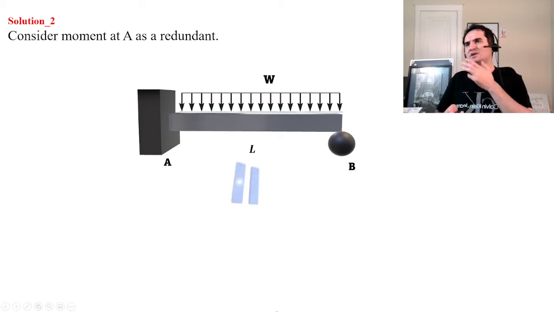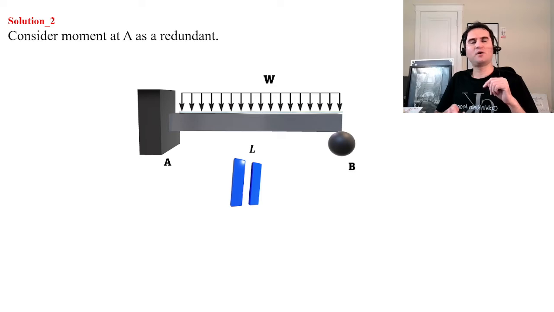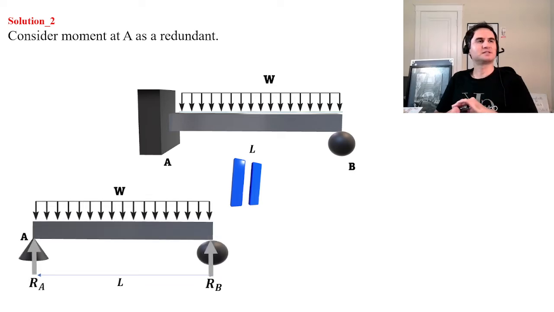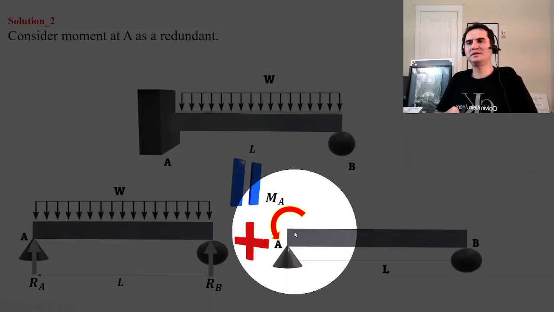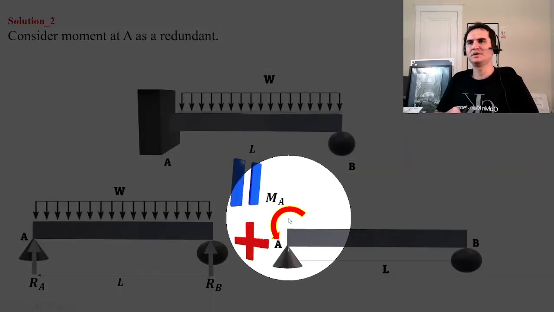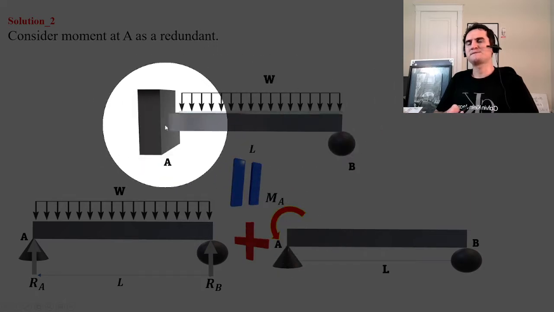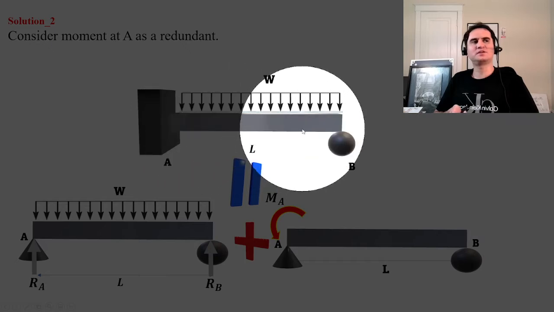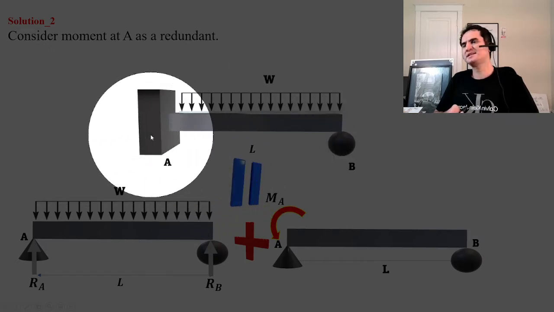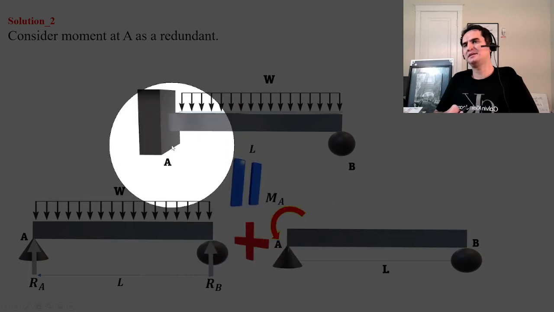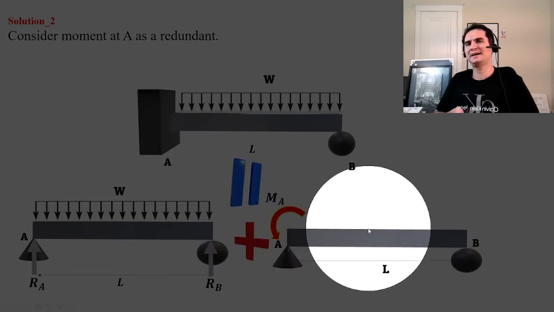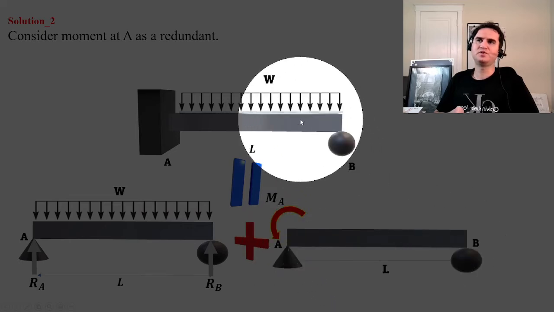So if we consider the whole beam as two beams, a simple support beam with the load plus a simple support beam where the effect of the fixed moment is a concentrated moment at A. We just turn the fixed end at A into a simple support, and then replace the fixed end by a moment on the same simple support beam with no loading. So let's see,